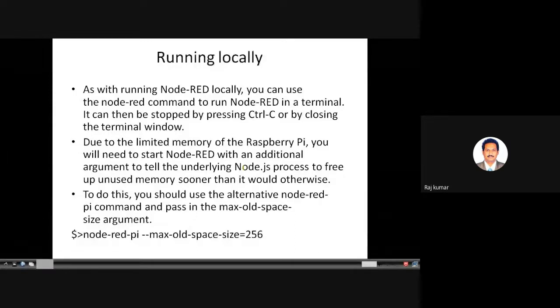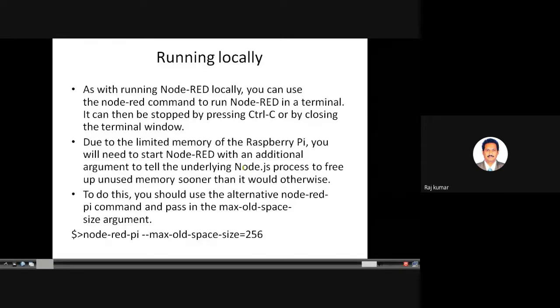One is through localhost colon followed by its port number. Another one is if you specify the IP address on which this Raspberry Pi is running. In that way also you can connect, and it can be used from other devices also. Right now, we assume that it is a standalone system and we are going to run it locally.